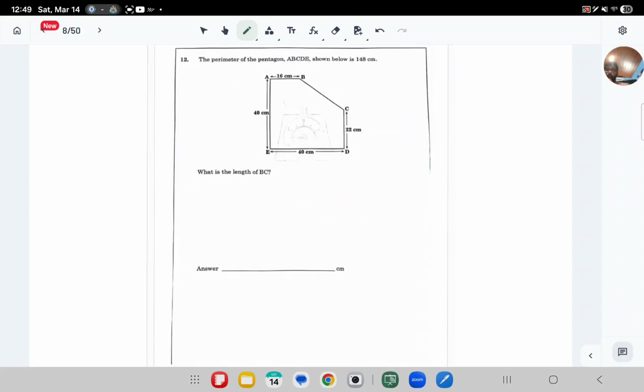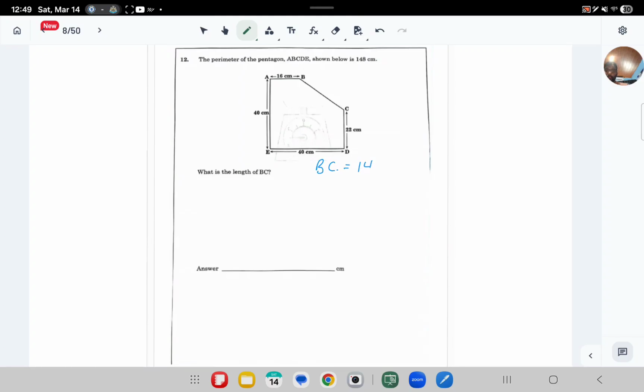Number 12, the perimeter of the pentagon ABCDE shown below is 148 centimeters. What is the length of BC? So we know our pentagon is 5 sides. We know the perimeter is the distance around. They gave us the perimeter and they gave us 4 out of the 5 sides. So to calculate BC,